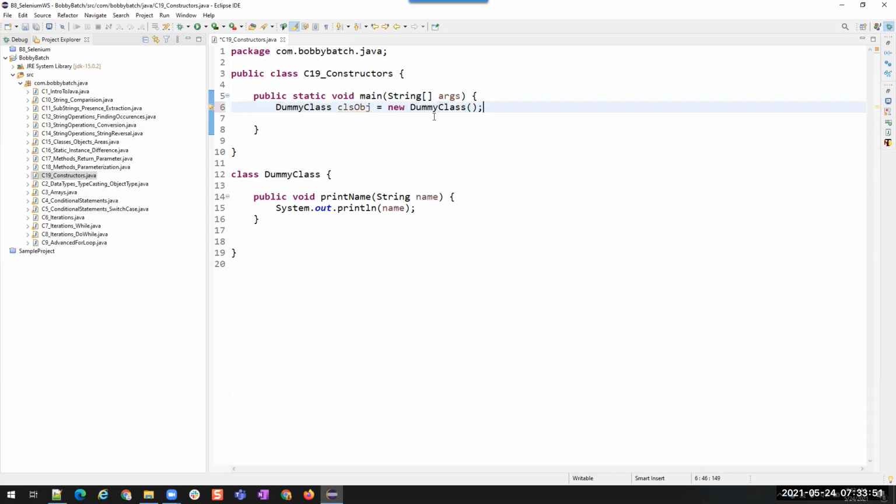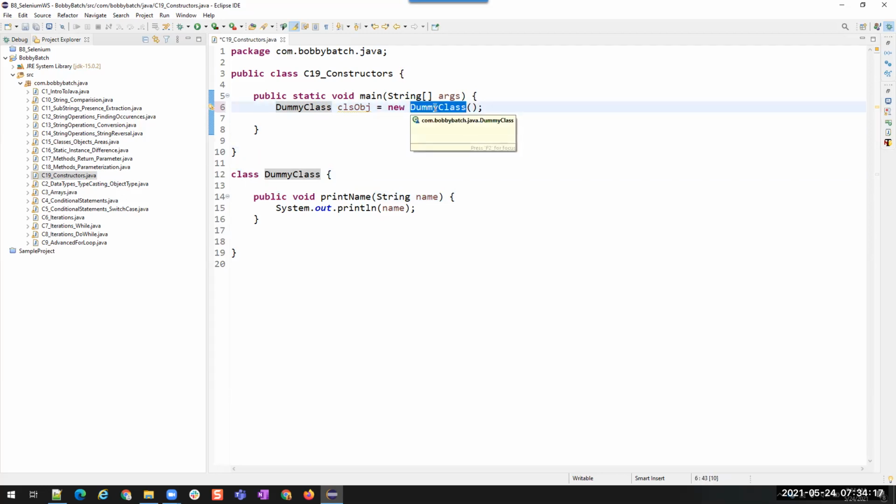You see here, this is the class name, but do we have parentheses for this class name? For what do we have parentheses? Actually for methods, right? But is dummy class a method? No, it's not a method. It's the name of the class, but we are giving these parentheses. Why?